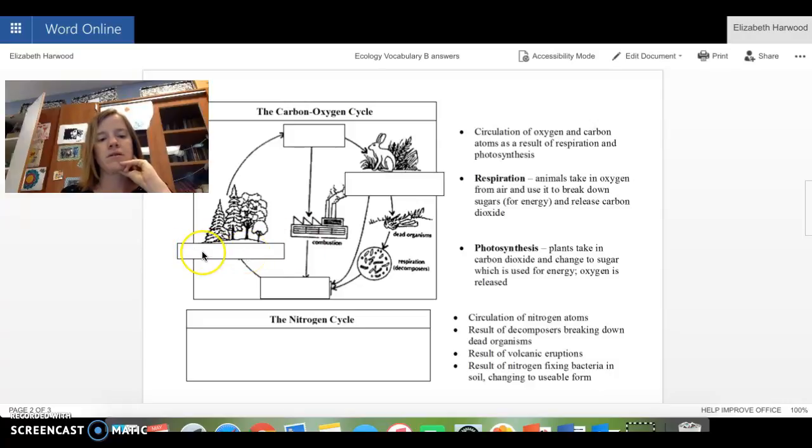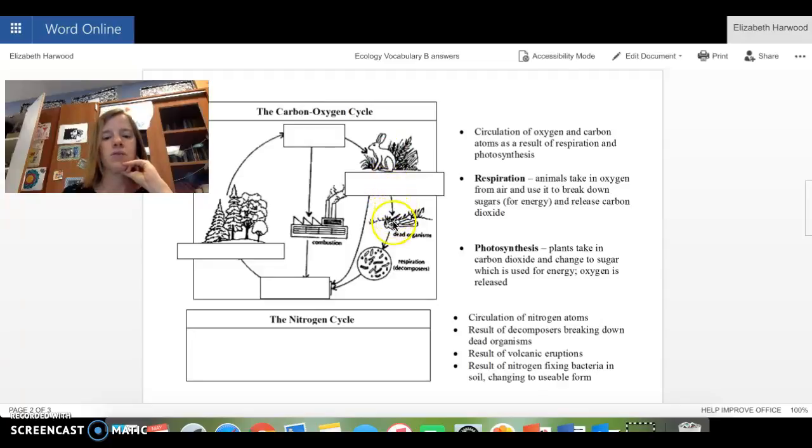And then as the plants use the carbon dioxide from the air and break it down, change it into sugar, oxygen is released. So that's what you would write here, oxygen. And then oxygen is consumed by the animals, and then you would write down here, this is respiration. As the animals breathe in and out,